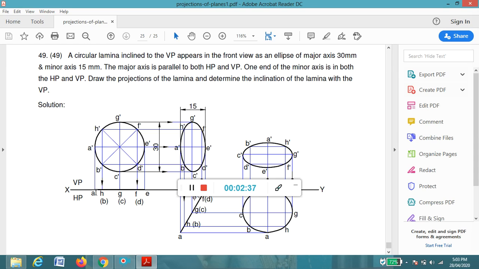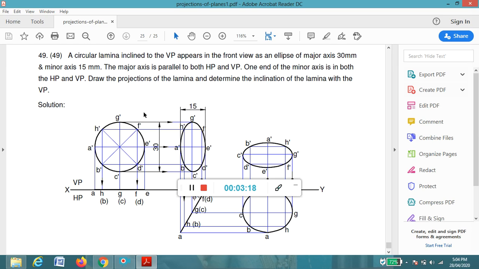A dash becomes A in the top view. While drawing the top view, H dash and B dash are in the same line. H dash becomes H and B dash becomes B inside brackets, because in the top view H dash is visible and B dash is not visible. Similarly, G dash and C dash are on the same line: G dash becomes G and C dash you write inside the bracket as C.